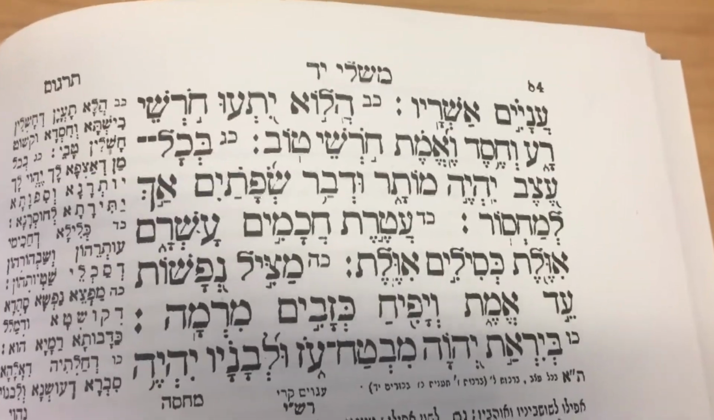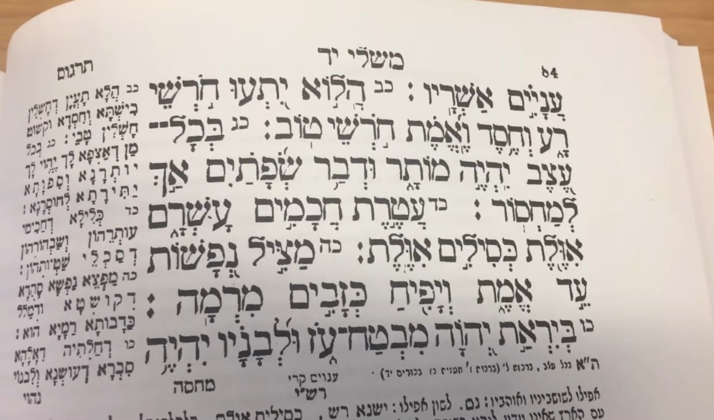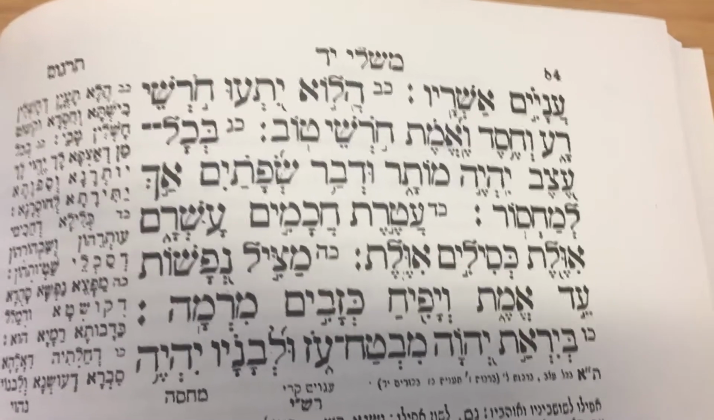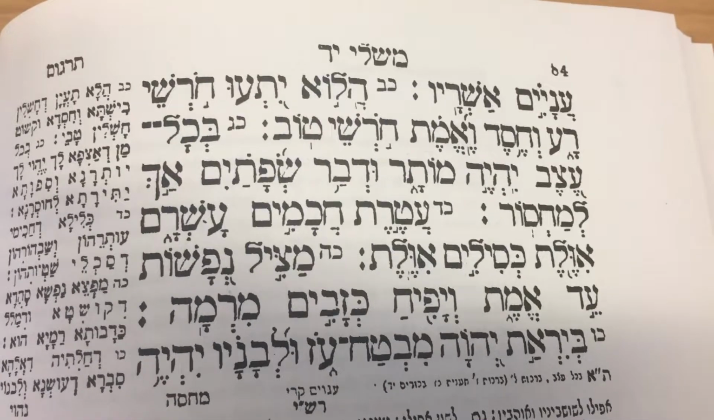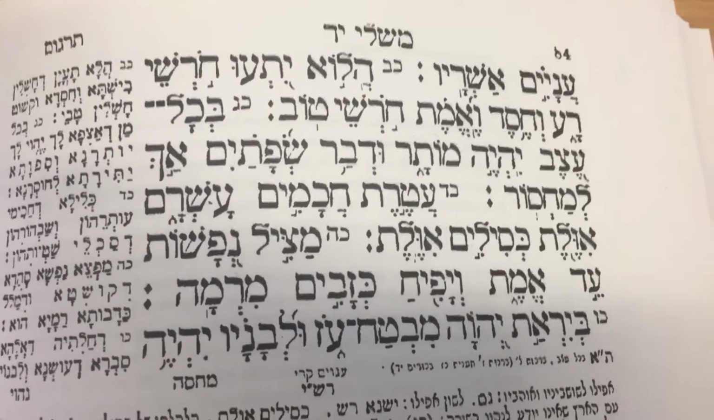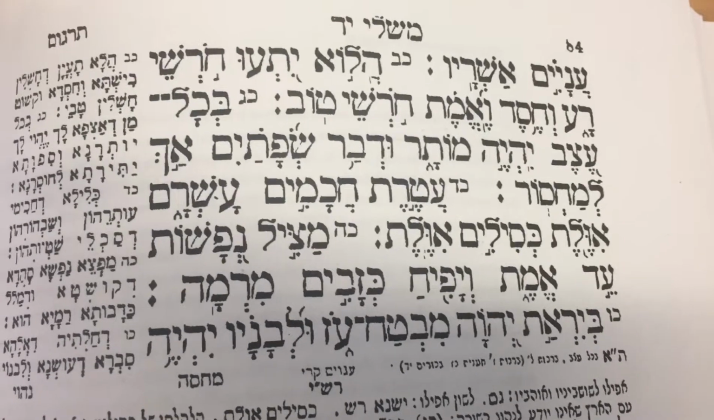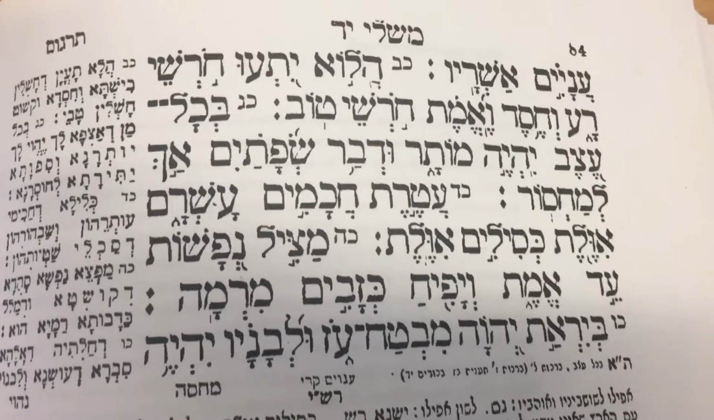Greetings. This is a super quick video just to make an attempt to illustrate the difference between language and script. To illustrate the difference, I'm going to be using a page from Mikrot Gedolot, specifically Mikrot Gedolot to the